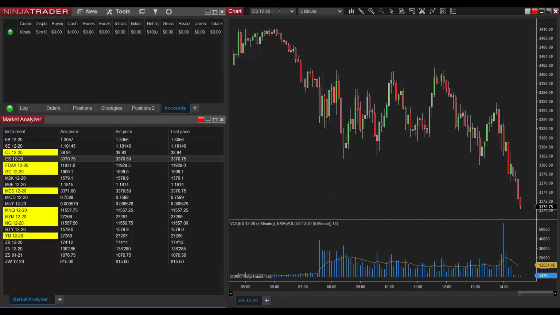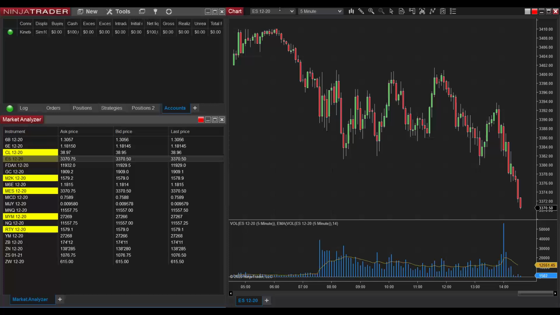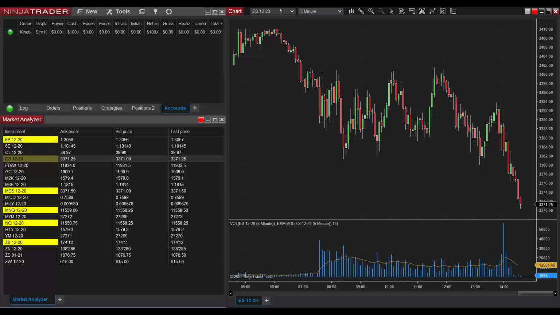A common use case is you can add everything into a single chart if you'd like. And a quick and easy way to do that is a hotkey, which I recommend everyone start getting used to. You'll greatly speed up your NinjaTrader use by learning how to do this,